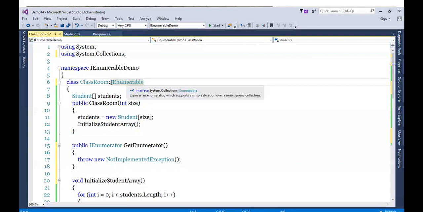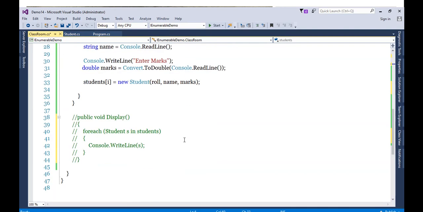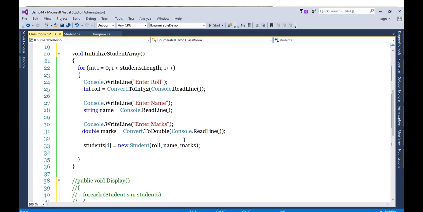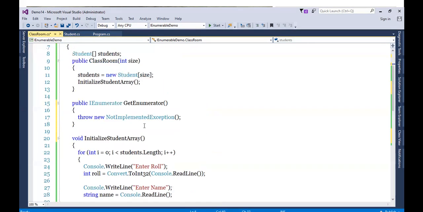As we all already know, this IEnumerable interface contains one method called GetEnumerator. Here it is implemented. What is GetEnumerator going to do? GetEnumerator is going to return the IEnumerator.